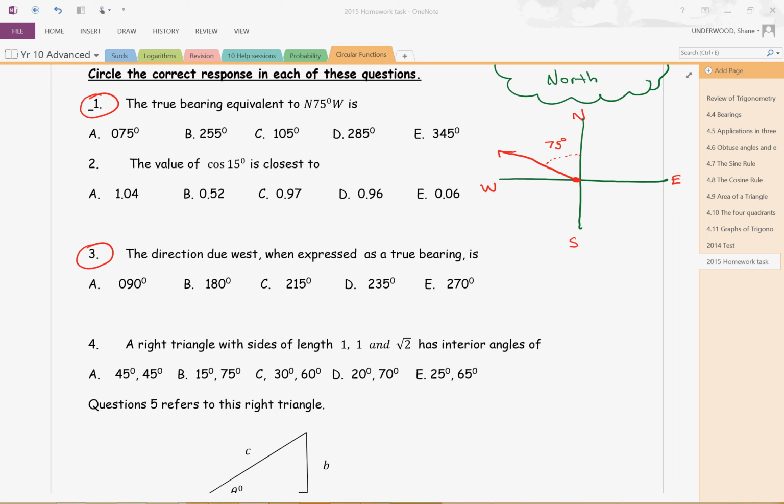Now, just quickly, in this video, we're going to go through and review bearings because quite a few of you stated that you needed to work on bearings, and I know that we went through it pretty quick and we gave you 20 minutes at the end of the class. So I'm going to go through that. The second thing is I want to review sine rule and the cosine rule, and also I'm going to introduce to you just towards the end finding the